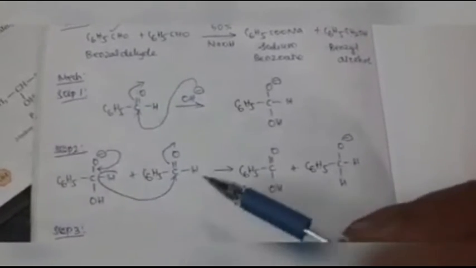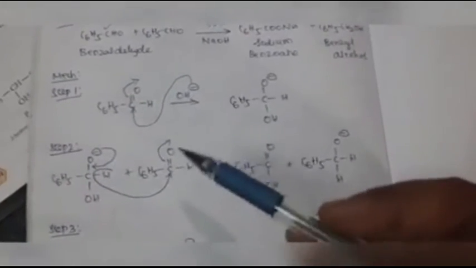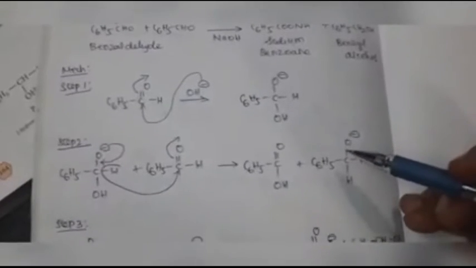See here, C6H5 minus moves here, which means a double bond is formed. So double bond C=O. If this hydrogen comes here and forms a bond, it means C6H5 C with 2 hydrogens. This bond comes out and forms O minus. These two molecules only reacted in step 3.